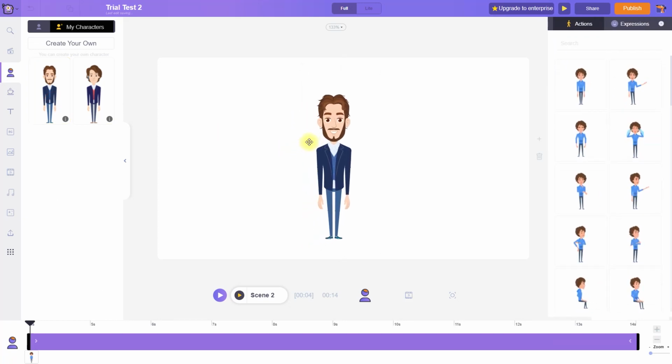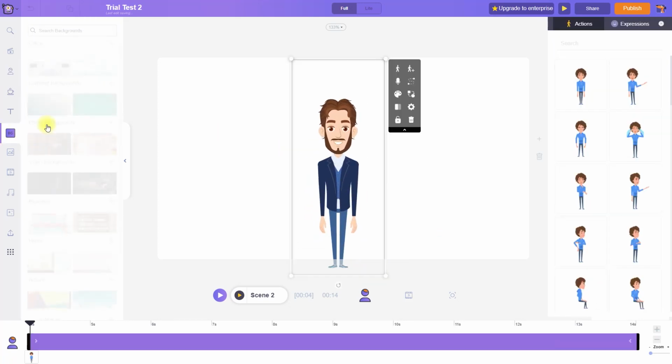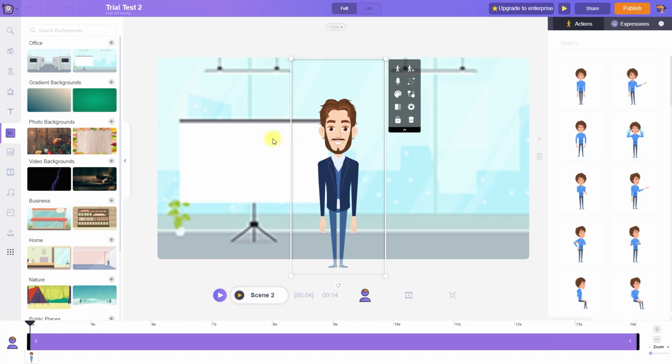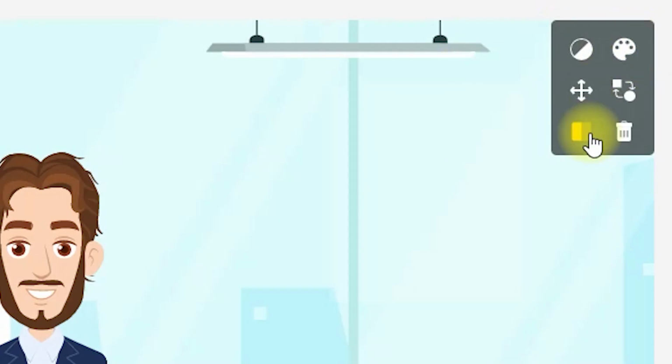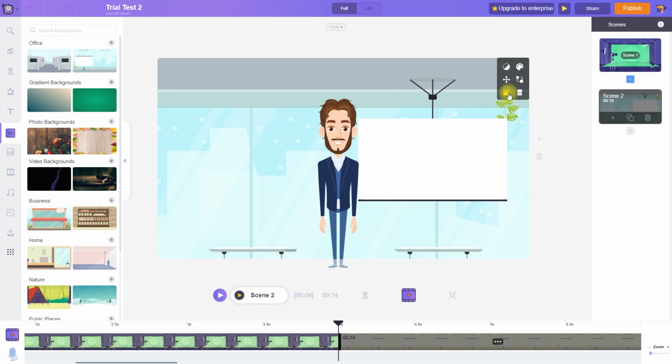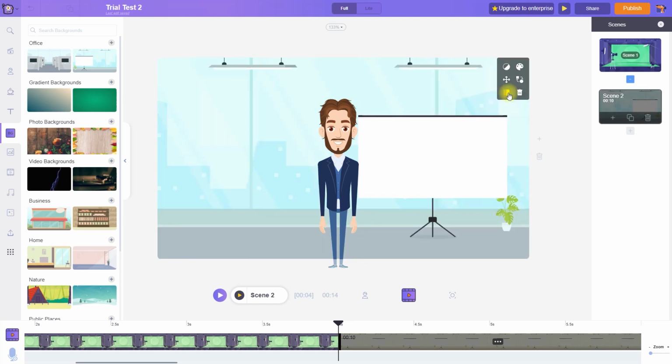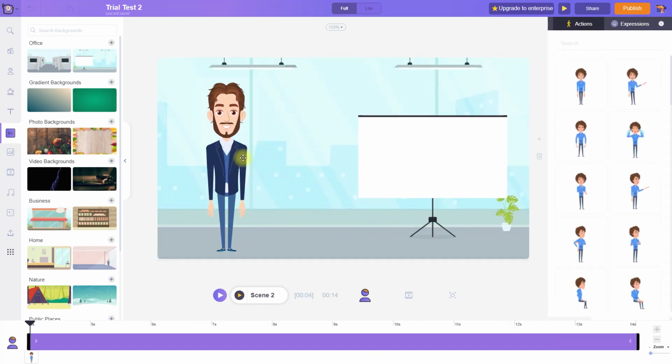What we have to do is to select a background first. I'll choose this one, simple, but I want this background, basically this screen, to come over here. So in order to do that, we can just click on this flip button. We can flip it, make it back and forth. This is basically a rotation function. So this rotates 180 degrees on the x-axis, and if we click again, it will rotate it on the y-axis. This looks good. Now we want a character to come over here.